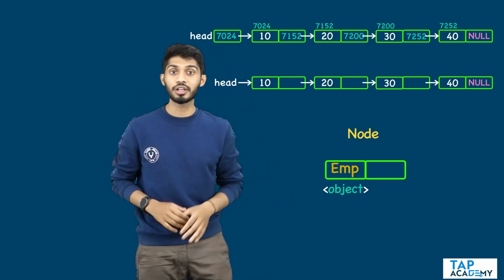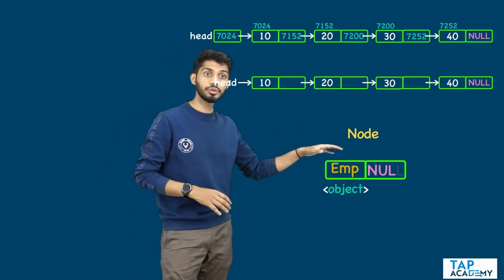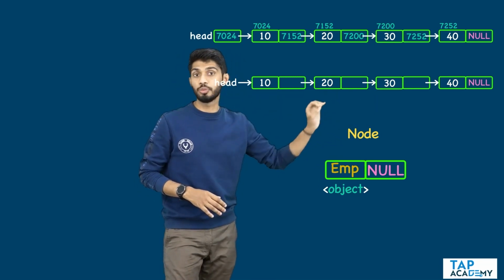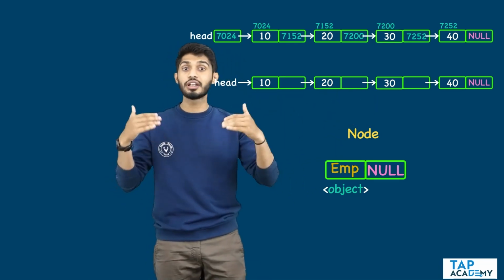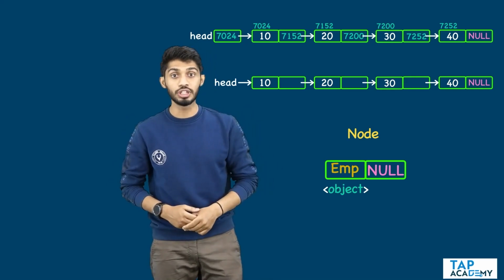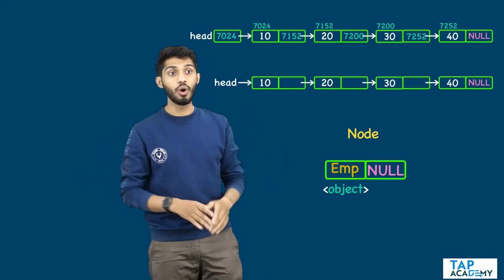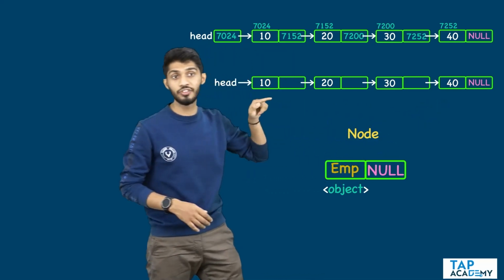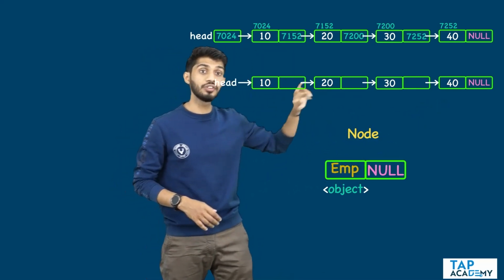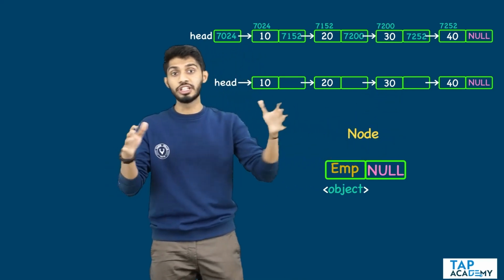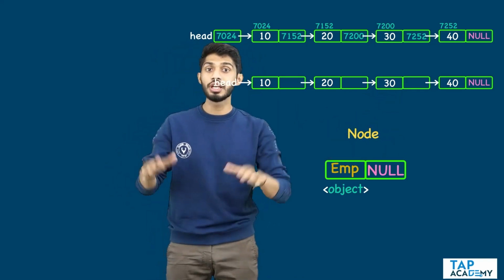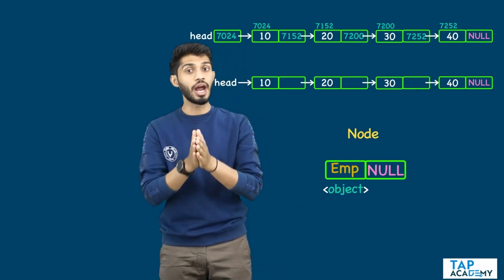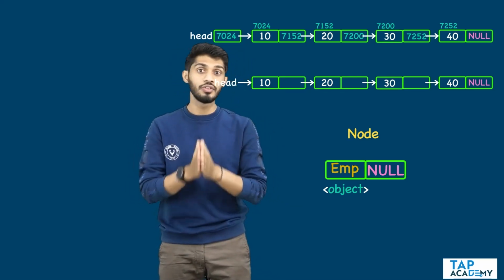Now the question is, how can I create a node? How can I actually create this linked list? Along with that, there are so many other things that we need to see when it comes to writing programs. How can I add an element at the starting? How can I add an element at the ending? How can I traverse this linked list? How can I reverse this linked list? All of this is what we are going to study in this linked list data structure. And to see how to add an element and how to traverse the linked list, we will see in the next